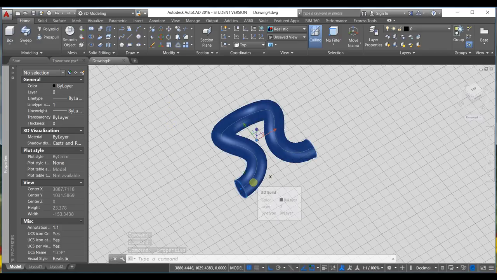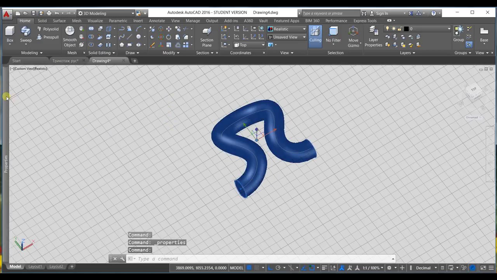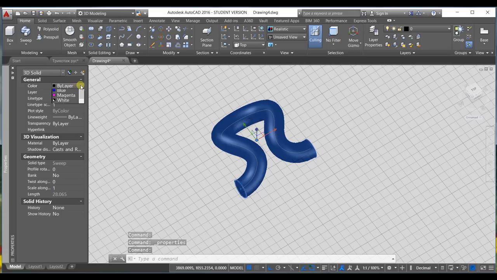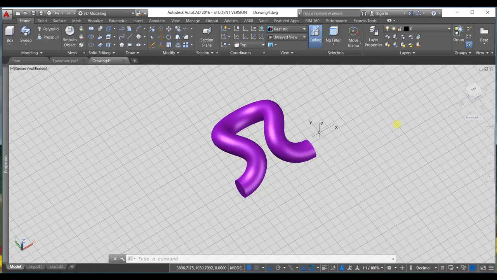I select this object and I change the color of the object. Escape. Well, I return to the top view